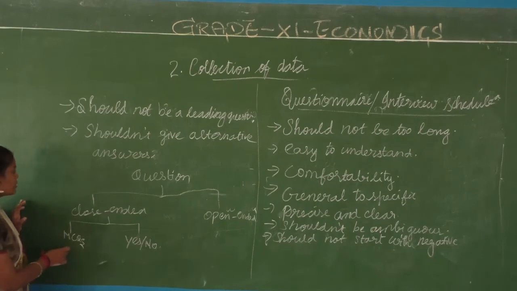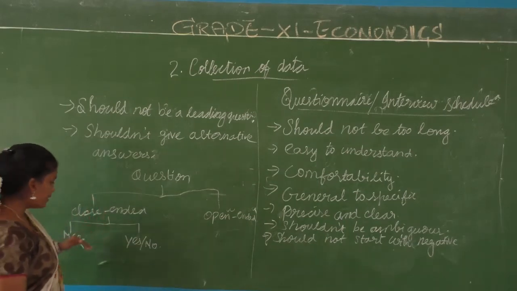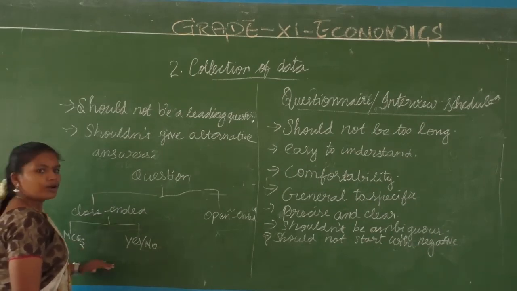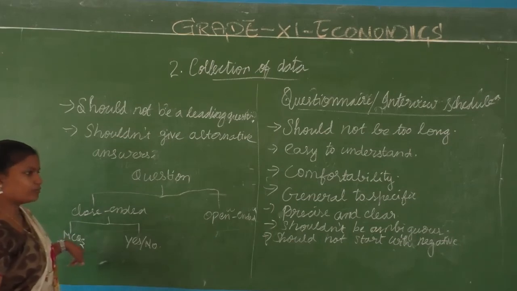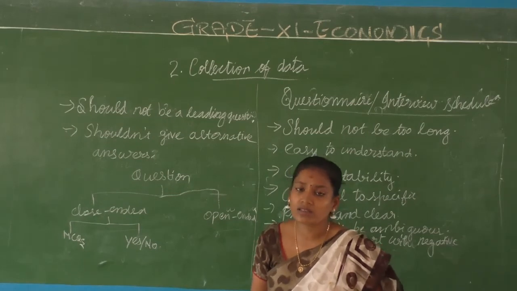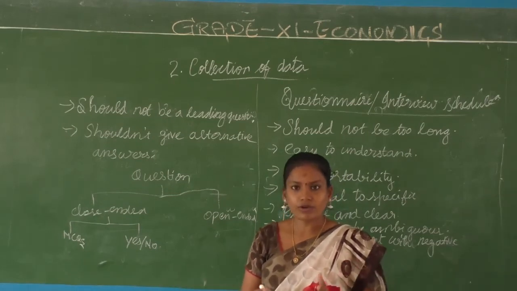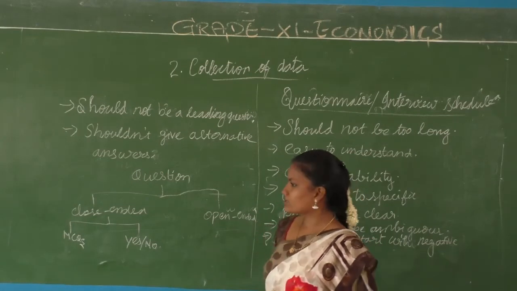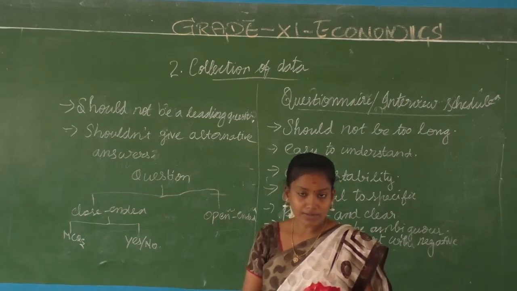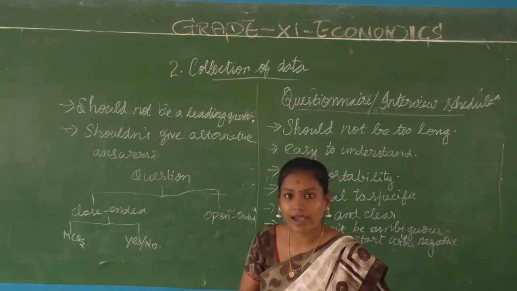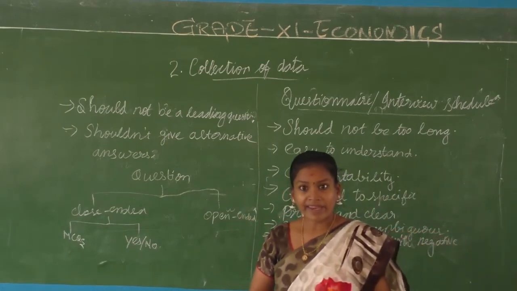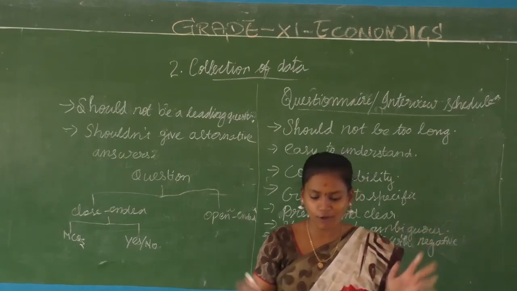Okay, what do you like to do after your 12th standard? Then there are some options like, I want to become a doctor, I want to become an engineer, I want to become, like 4 options are given and it is MCQ. But that question is advisable to be given in open-ended because there are various other options also. It is not that you have to bring it down. When someone asks you what do you want to become after your higher studies, you can say like, I want to become a businessman or a businesswoman, or I want to do my higher studies in management, or you can say that I want to be a commercian. Many things we have. We have lots of opportunities.